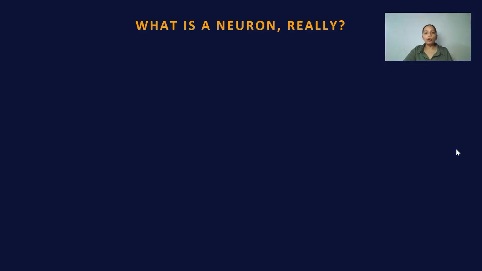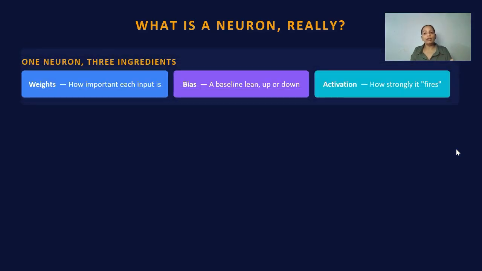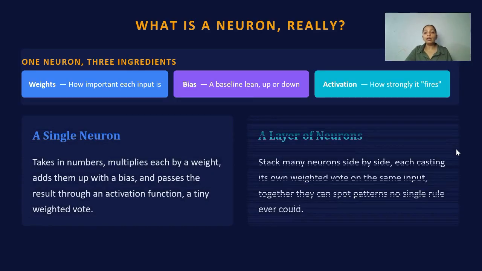Think of a single neuron like a tiny voter looking at evidence. It does not decide anything on its own, but it casts a weighted opinion. Weights define that weighted opinion for each neuron. Stack enough of these voters together in layers and something remarkable happens. The network as a whole can learn to recognize patterns far too complex, and data far too big, for any single yes or no rule. That's it. That's the magic. Weighted votes stacked in layers, adjusted until they get good at the task.